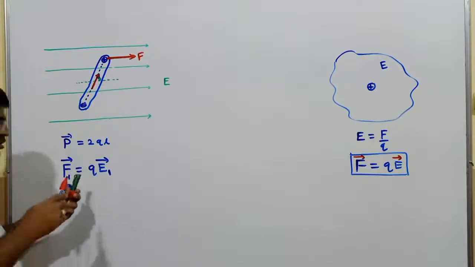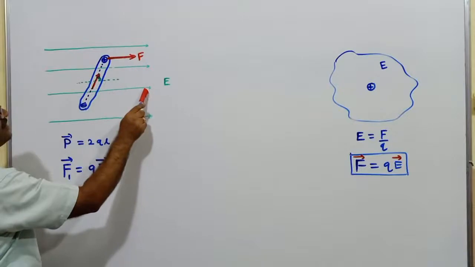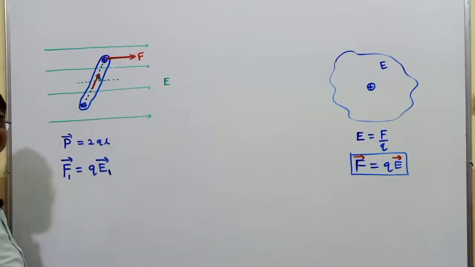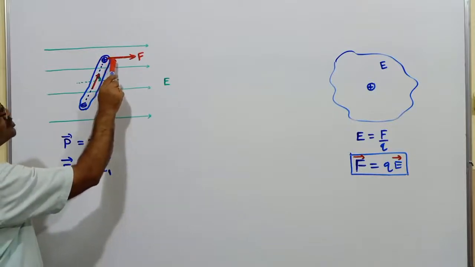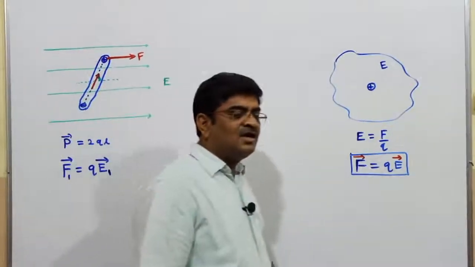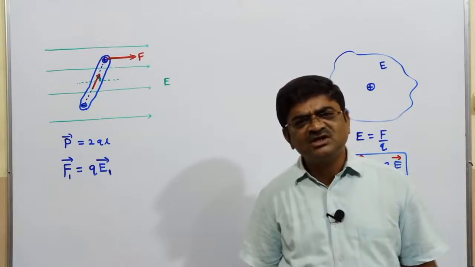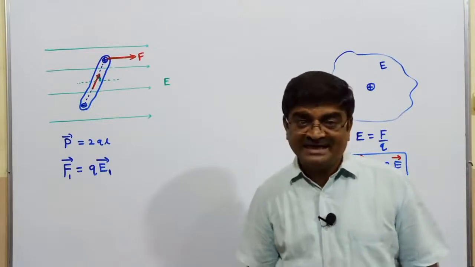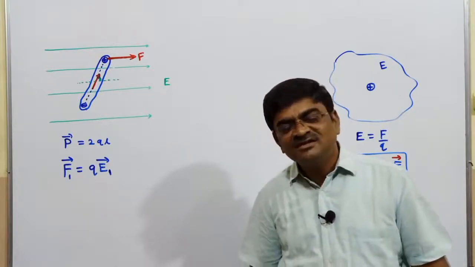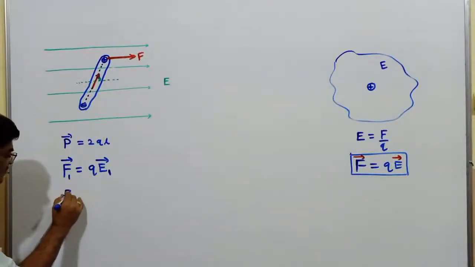Magnitude I have already got. Look here, children. I have shown this direction the same as that of the intensity. All these lines and arrows show the direction of intensity, so the direction of force on the positive charge is the same. Similarly, I will also find the force experienced by the negative charge of the dipole. As the dipole is in the electric field, the magnitude of force on the negative charge I would represent as F2.